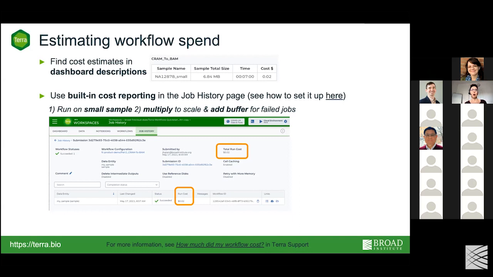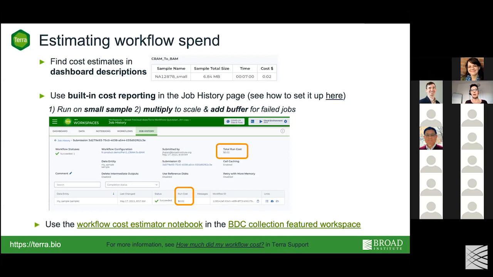If you haven't used it before, there's a link to how to set it up, documentation in here. In both these cases, you'll run on a small sample to get an idea of how much it costs, and then multiply to scale and add a buffer for failed jobs if you're going to run on a lot of data. And then the last way you can estimate workflow spend is to use the workflow cost estimator notebook, which